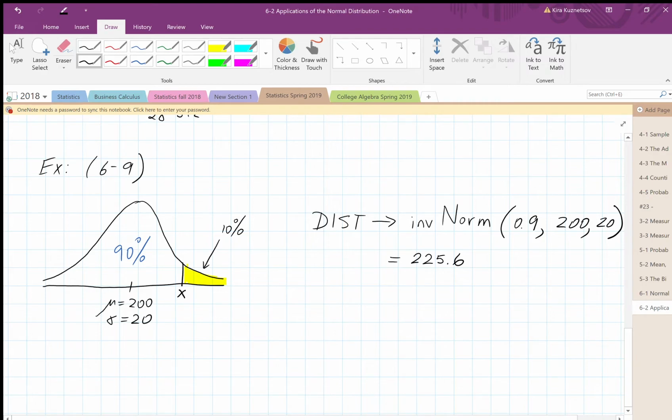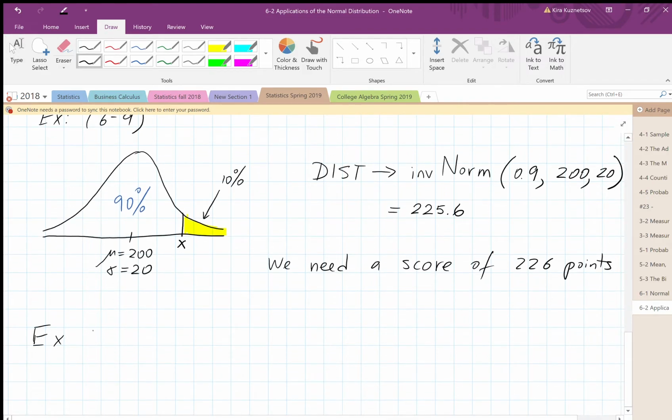If these are scores, maybe there's decimal, maybe not. So we'll leave it like this. So apparently the score that we need is 226 points. We'll assume that there is no half points. Let's take a look at another problem, which is